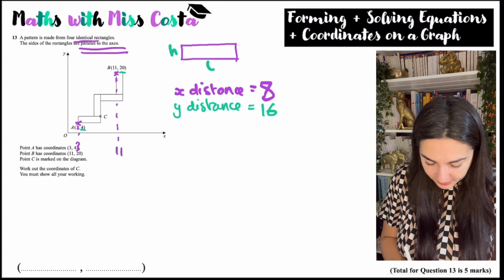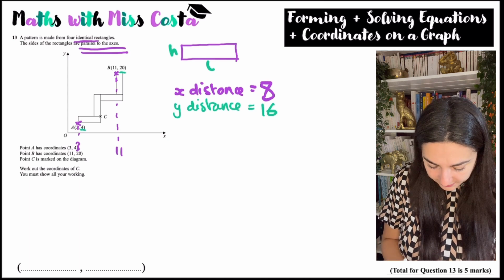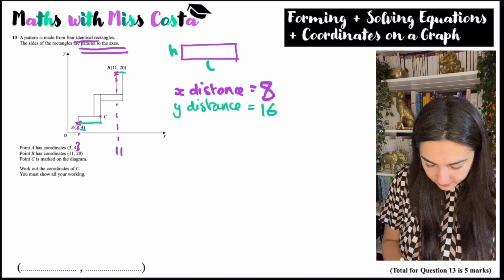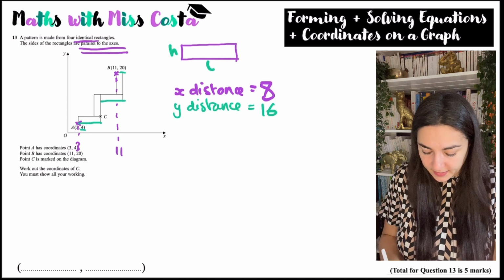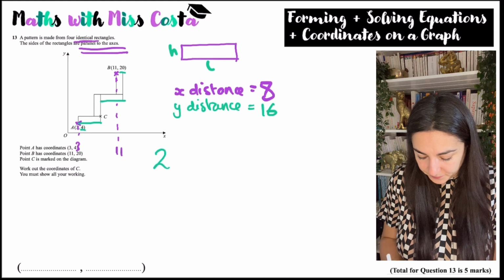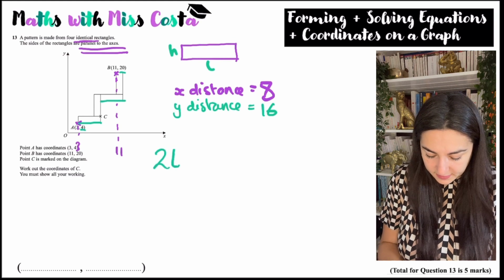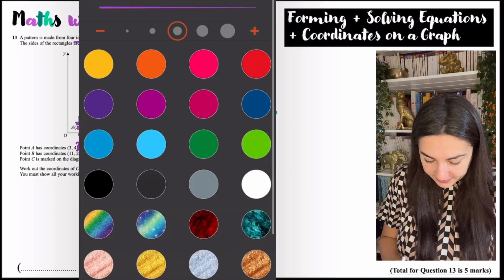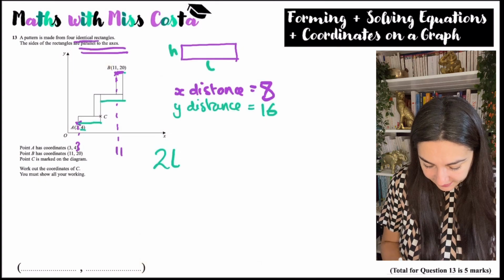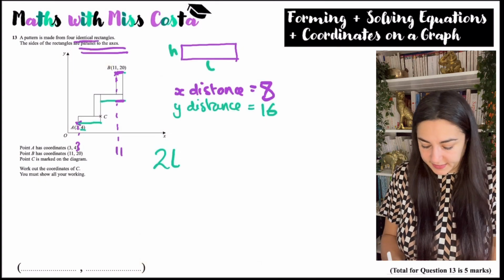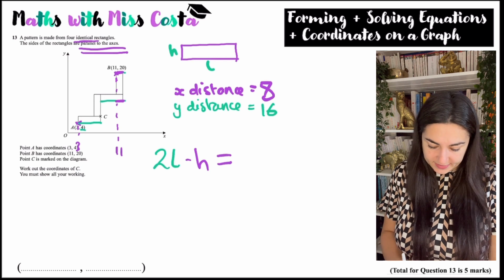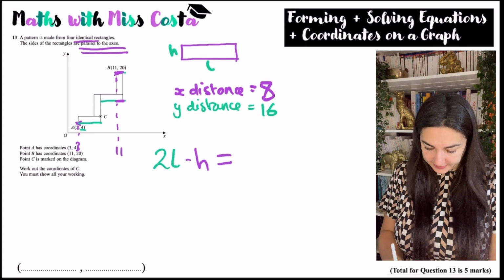So how do I get from A to B? Well, it's 2 lengths, but minus a height, because this distance here is subtracted. So 2 lengths minus a height is my x distance,